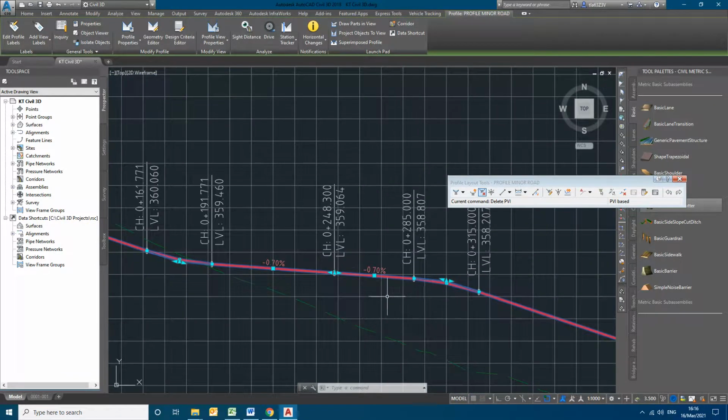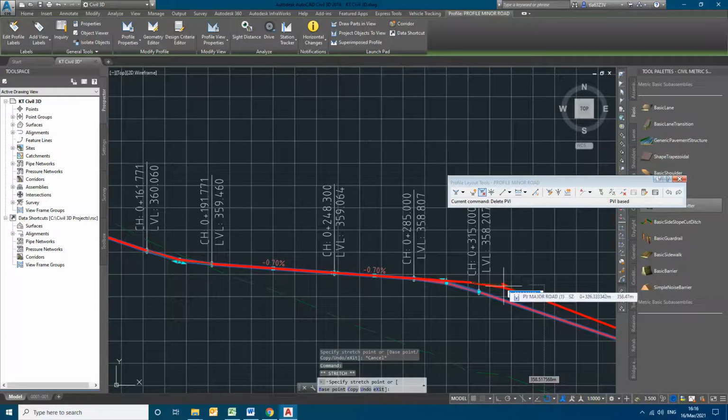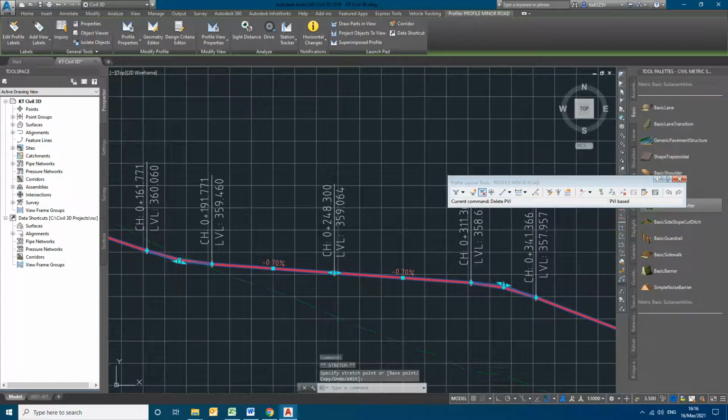You can make the same gradient a bit away from the mid of the junction. So slightly sliding this, and here also we are slightly sliding this.